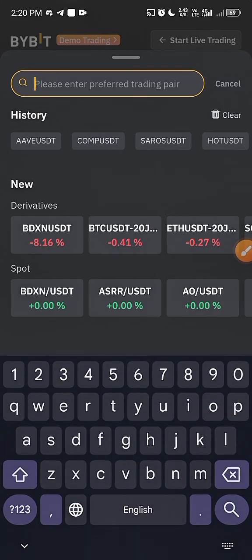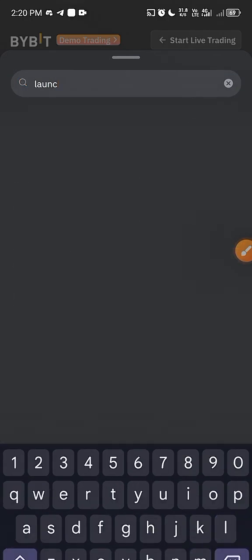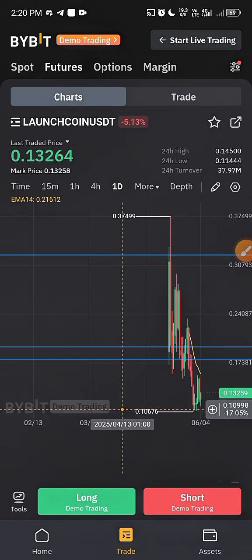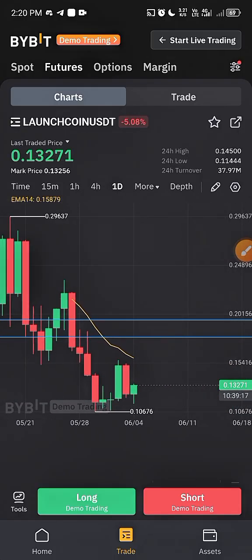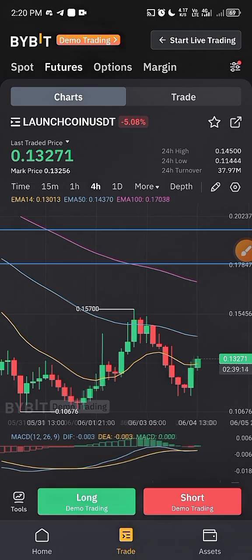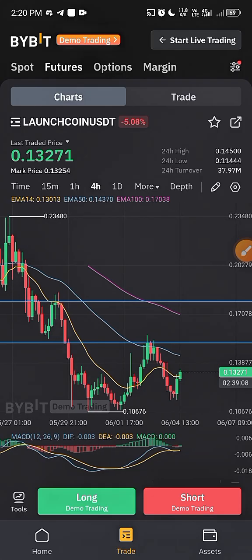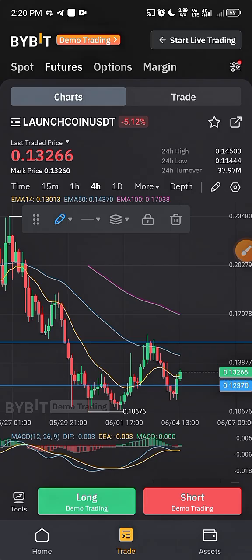Now, let's go over to Saros. I think it's, no, not Saros, Launch Coin. Okay, so this is the coin here. Launch Coin USDT. Yeah, this is it. Okay, so now this is it, and this was where we entered. This was where we entered, and this was our TP1. TP1 was 0.15. We entered around somewhere here. Yeah. And then it went to TP1, and TP2 was supposed to be somewhere here, but it never got to